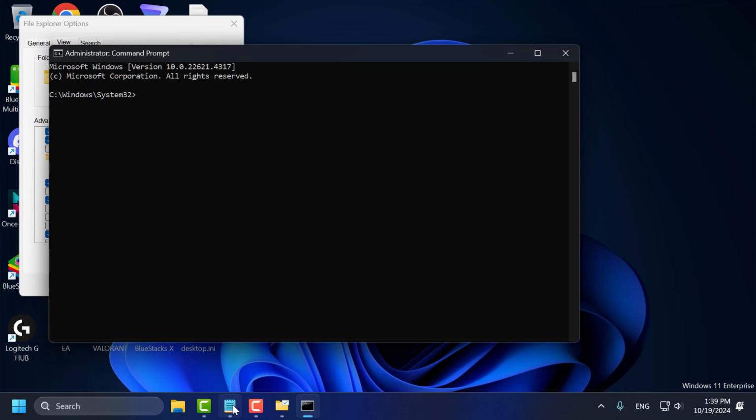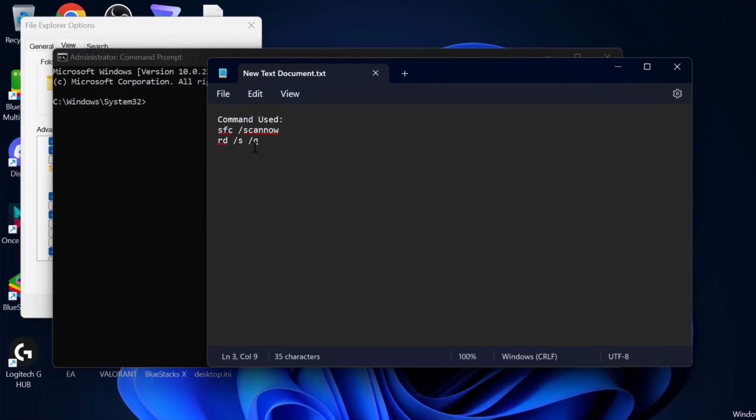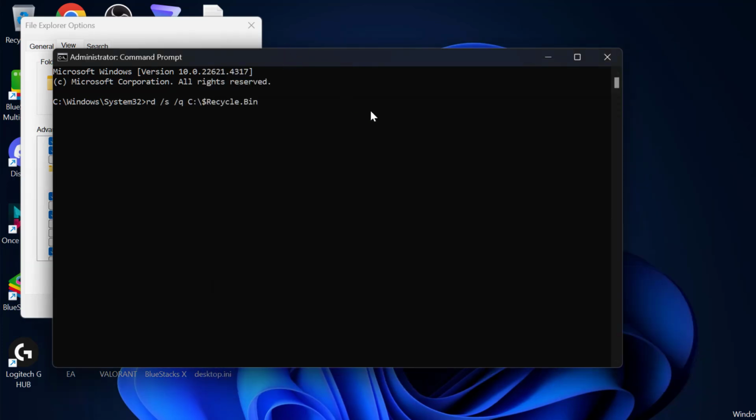Now you just need to check my video description for this command used in my video. Just leave a space and paste the file path we copied. And now copy this command and paste it in the cmd and press enter. After finishing this command, you just need to close stuff here